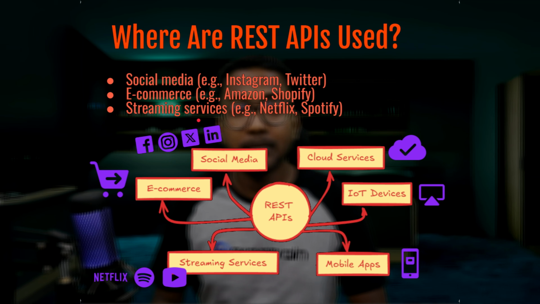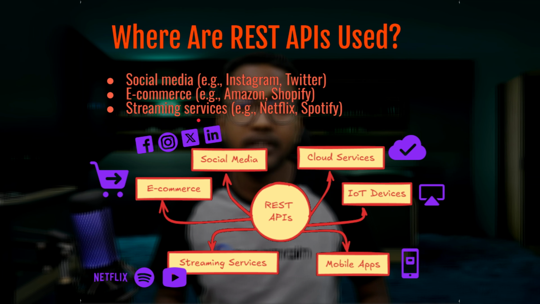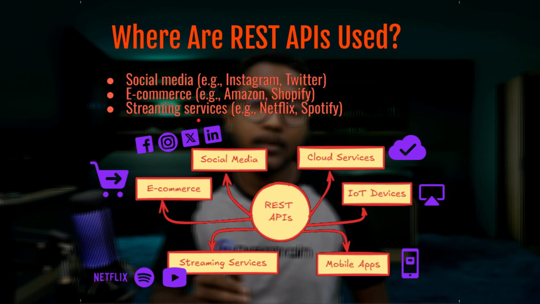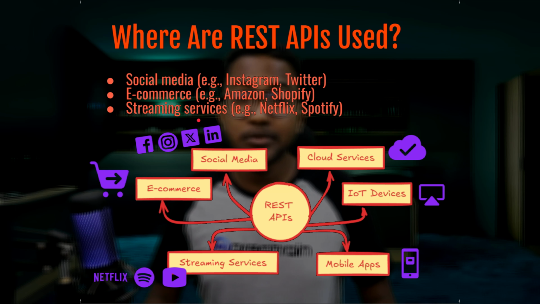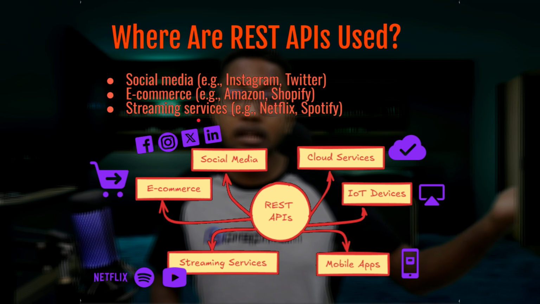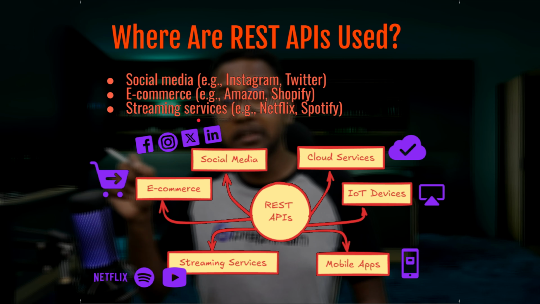Next up is e-commerce. Platforms like Amazon, Shopify, and eBay rely heavily on REST APIs to manage their massive amounts of data. When you add an item to your cart, a POST request is sent to the server to store the item. If you update your shipping address, a PUT request is made to modify that information. When you decide to remove an item from your cart, you are sending a DELETE request to remove it from